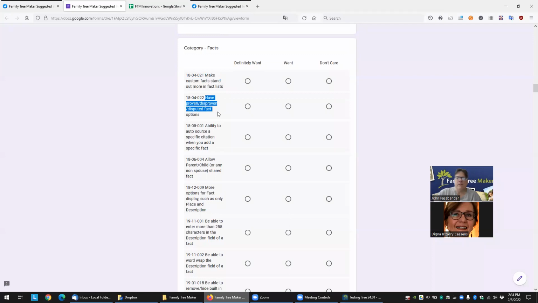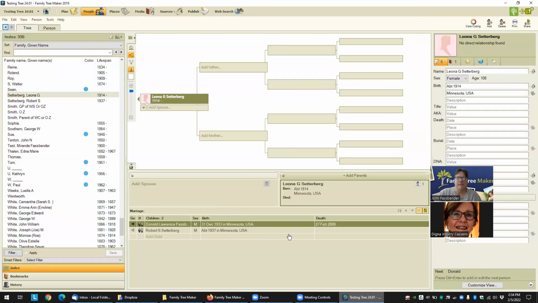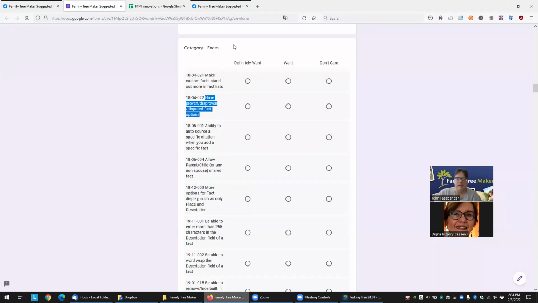Have proven, disproven, disputed fact options. So if there's a fact that hasn't been proven yet, or is disproven, you basically mark individually each fact, whether it's proven or not. And to me, it says, well, if you've got a source, it proves it. Of course, you can have facts that contradict it too. I just do that in the fact notes, but